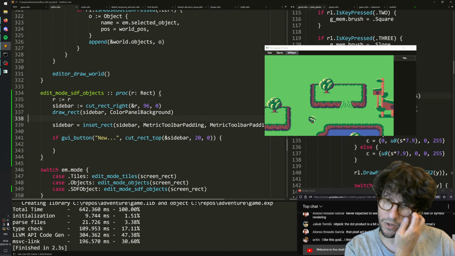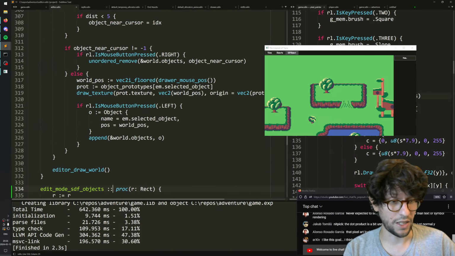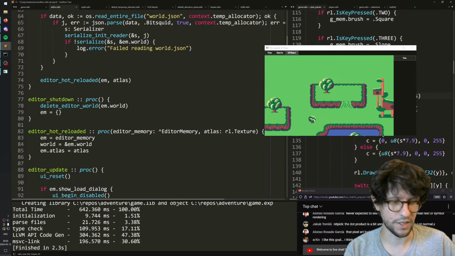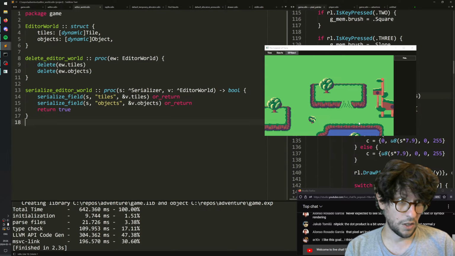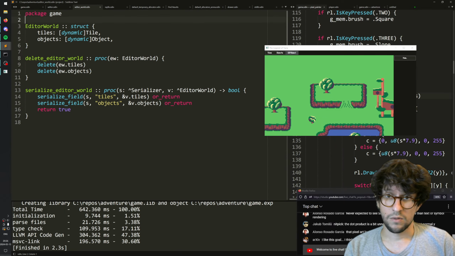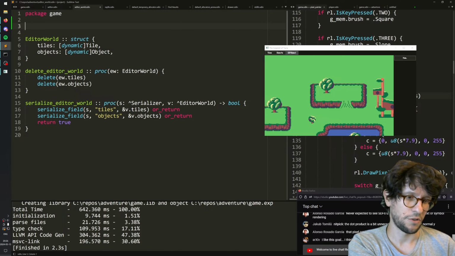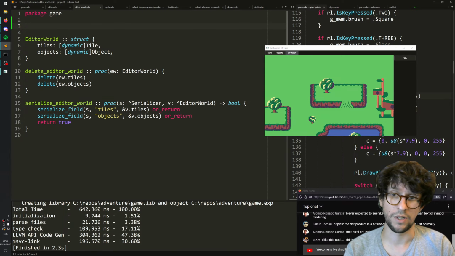And then when I click this button, I want to add a new SDF object somehow. And then I haven't really figured out either how we will save these. So we have an editor world and it contains all these things, a tile and an object and all these things, and it knows how to serialize it, so you can draw things here and you can do stuff. But I kind of like starting with the editor part now because I know how to do the SDF part already. So, but let's just